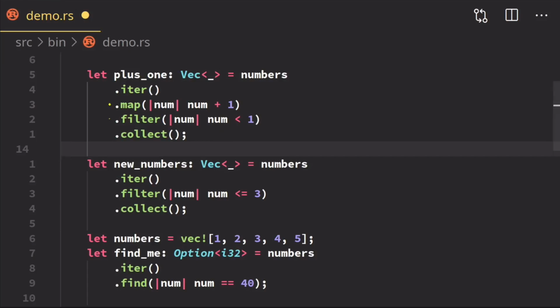When you're chaining functions in this way, they get executed in the order they appear in your code. So first, we're creating an iterator, then we're going to map each element, and then we're going to filter each element. Finally, at the end, we're going to collect all the data into a new vector. You can use as many of these as you like and chain them as long as you want in order to get the